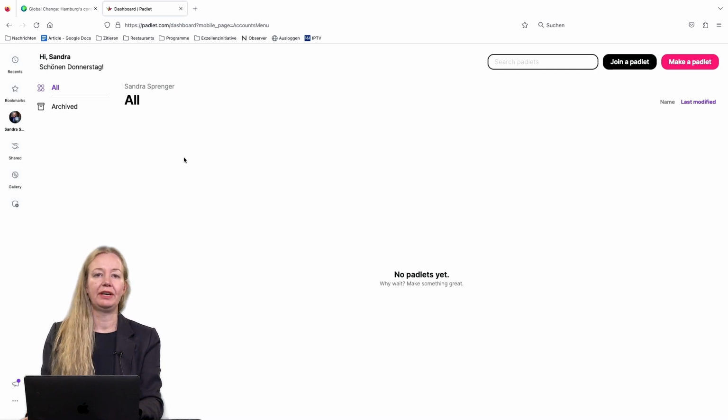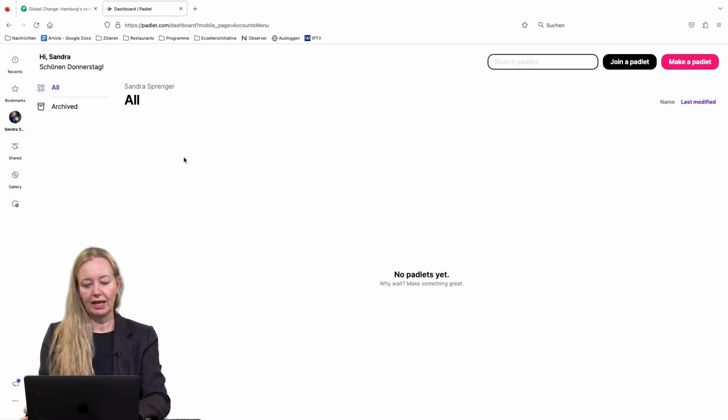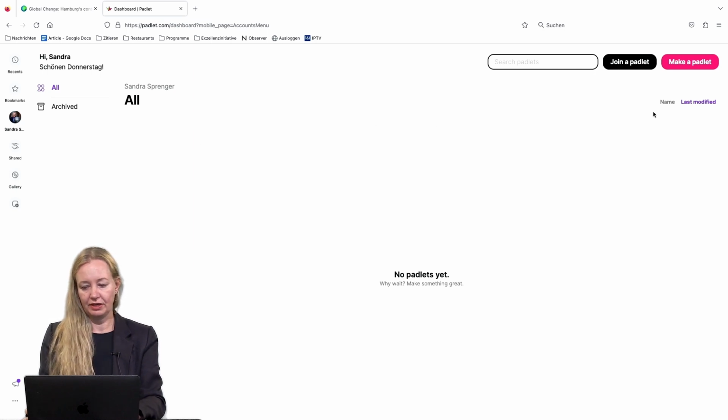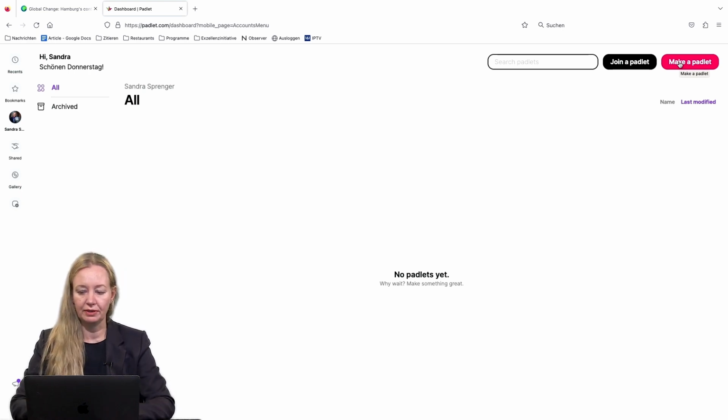I'm already logged in at Padlet, so this would be your first step, to log in and get started. And then you see the dashboard, which is empty at the moment. And you click on Make a Padlet on the right-hand side, in the corner.